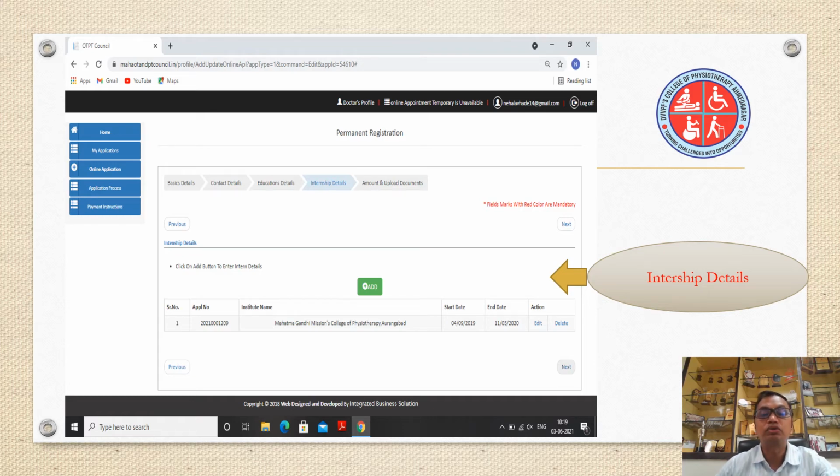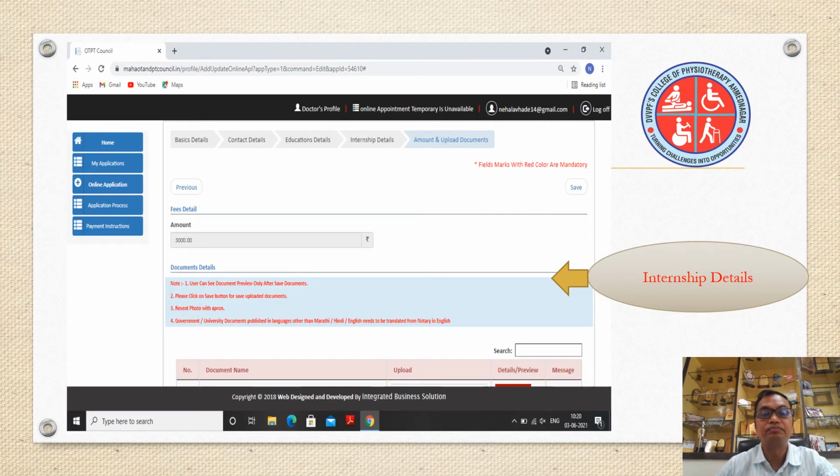Here most of the time we found a difficulty with the start date and the end date. They should match the certificate issued by your university as well as by the college, because the 182 days should be covered exactly, otherwise your form will get rejected. Most of the forms get rejected only because of the dates given over here not matching. 182 days should be matched as per the Maharashtra University of Health Sciences, Nashik.